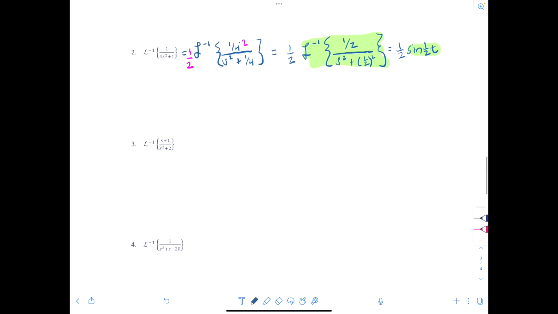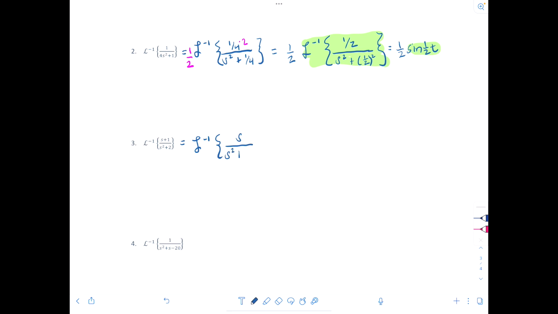All right, moving right along. Now we've got something where we have to be a little bit more creative. So here, again, we've got an s squared plus something. So let's check it out. We're going to split this up. You can't split the denominator up, but you can split the numerator up. So we'll end up with this sum of Laplace transforms. You'll have s over s squared plus the square root of 2 squared. That's set up for the cosine, the result of cosine root 2t,